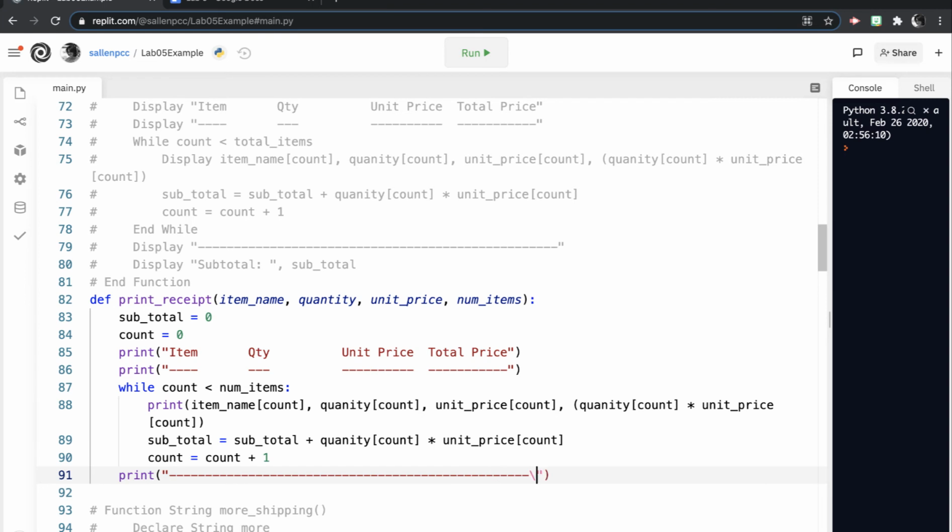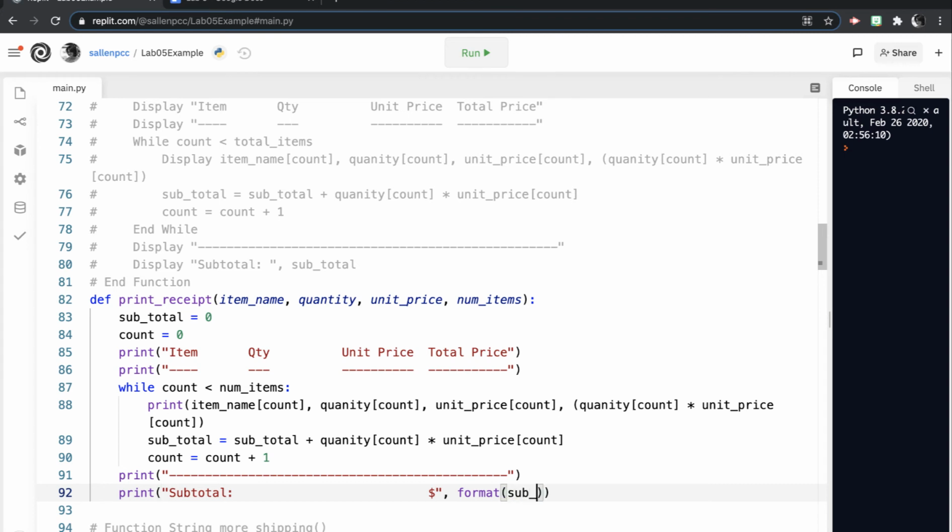So I'll print out this big line. That looks to be about right there. And then I'll print out subtotal. And then I'm going to print out, let's see, a $ sign. And then I know I'm going to have to go back and use some formatting for money, so I'm just going to do that on this one right here. So subtotal,